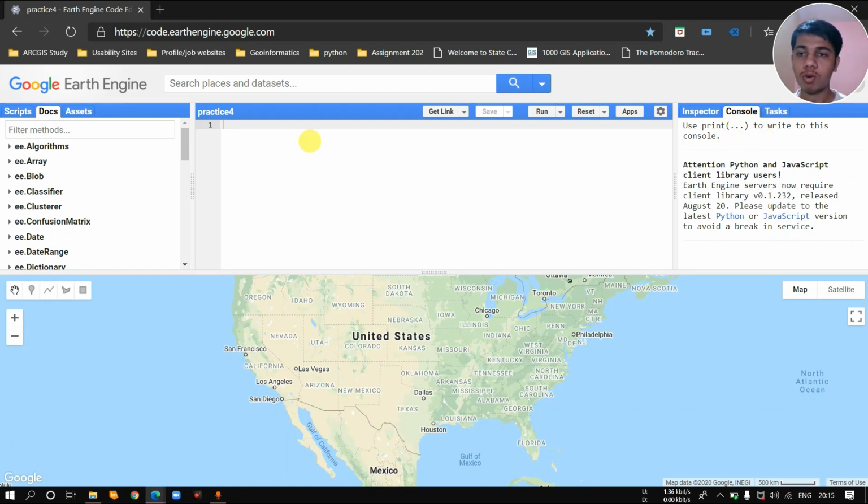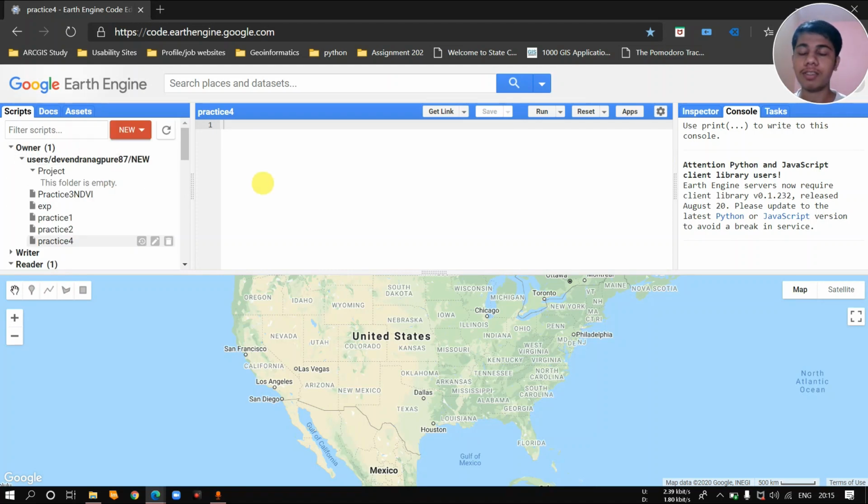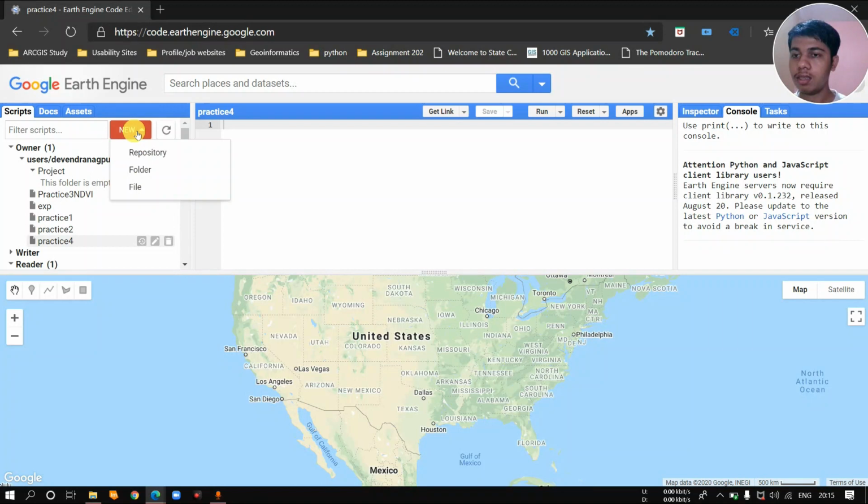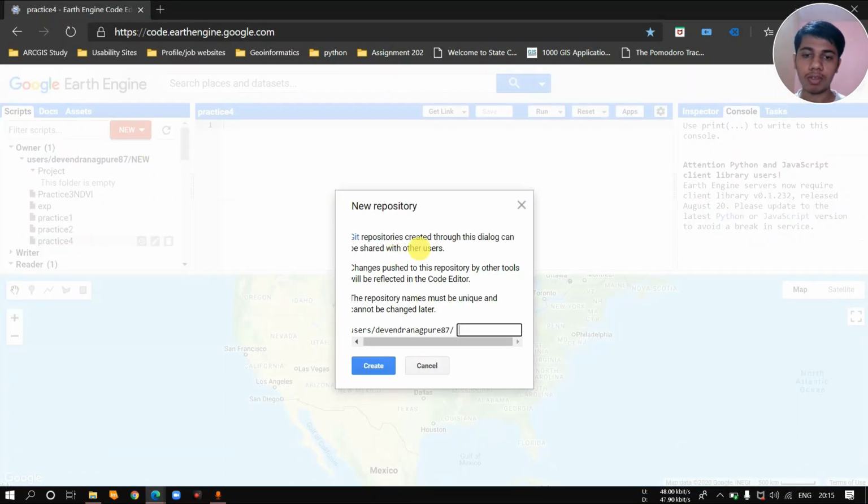Okay, so let's get started and write our first code. For that you have to just make your first repository. When you create your first repository, if it's your first time, it will ask you for your name, of your repo.